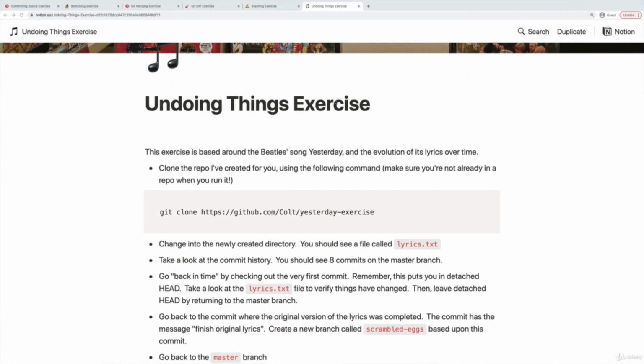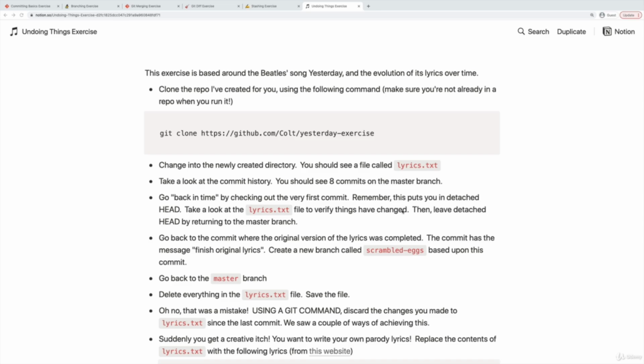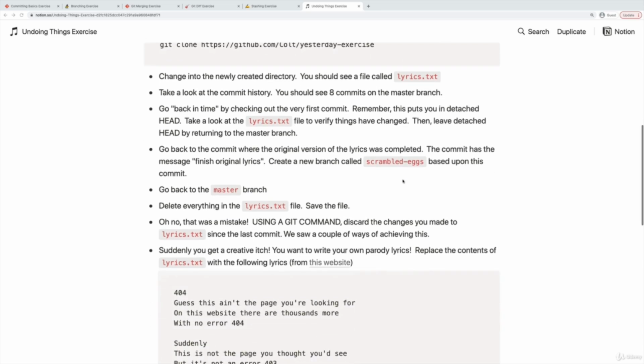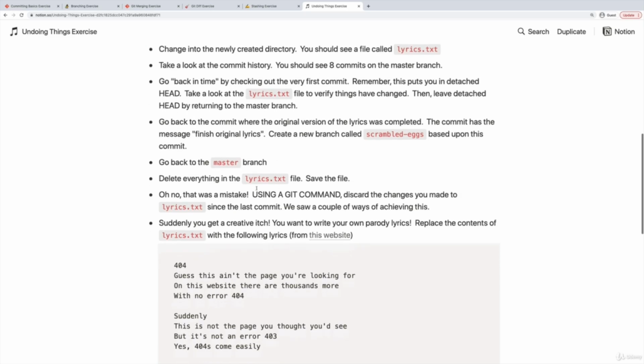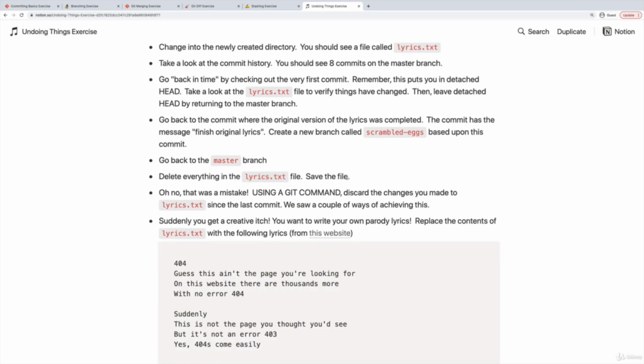Okay, so your task is, well, there's a bunch of tasks, is to follow the instructions. I won't walk through them all right now, but basically at one point I ask you to go back and check out a commit. You'll go into detached head, and then I ask you to leave detached head and go back to the master branch. Then I ask you to go find a particular commit where I finish the original lyrics and then create a branch based upon that commit. So that we'll have one branch called Scrambled Eggs that actually has all the lyrics from that original version called Scrambled Eggs. And then I'm going to ask you to make a serious change, delete everything in the lyrics.txt file,